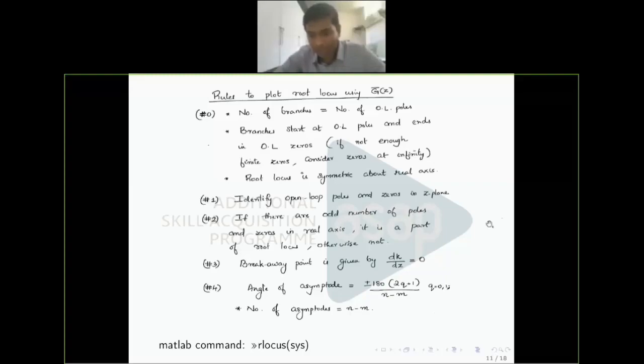I don't know exactly what you are asking about, but if you consider a first order system, it has some time constant capital T, and that time constant will remain as the time constant of that system. And there is no direct relation between sampling period and time constant of the system.